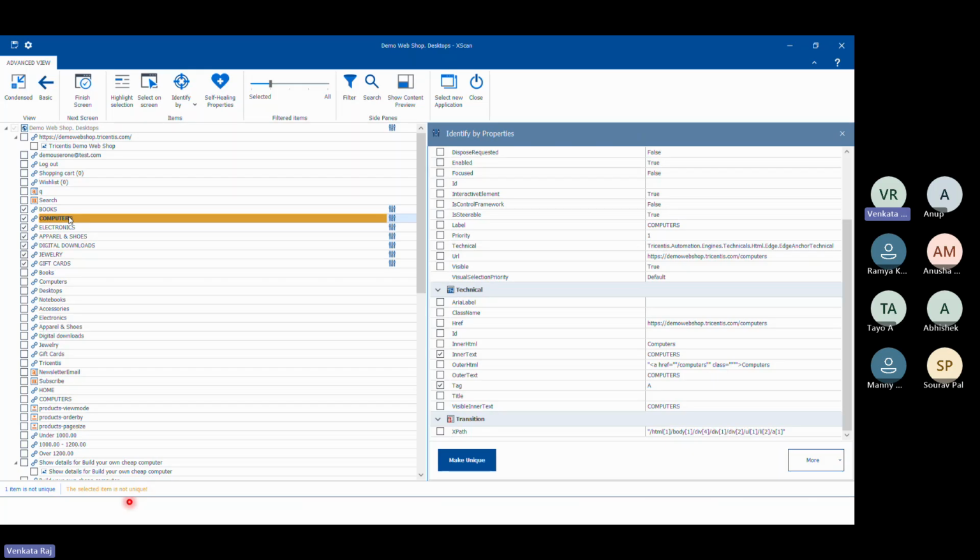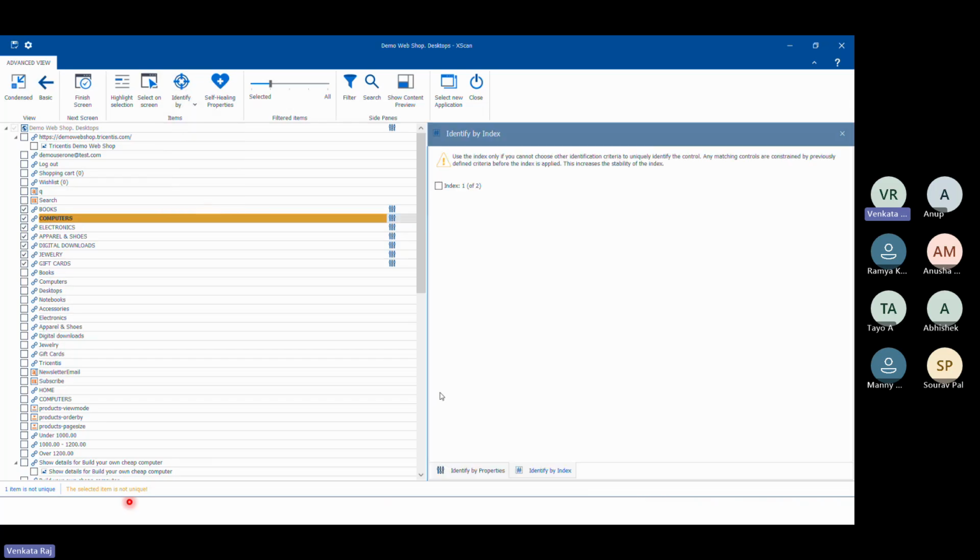Okay. So now computers, we have seen method index, which will take an index reference, kind of a serial number. We can put it in simple terms. So by using that, we are able to, by giving this checkbox,